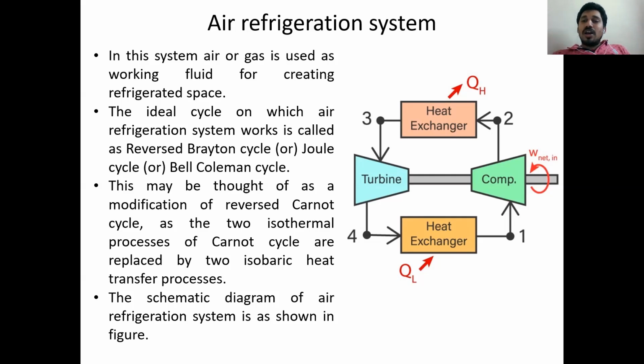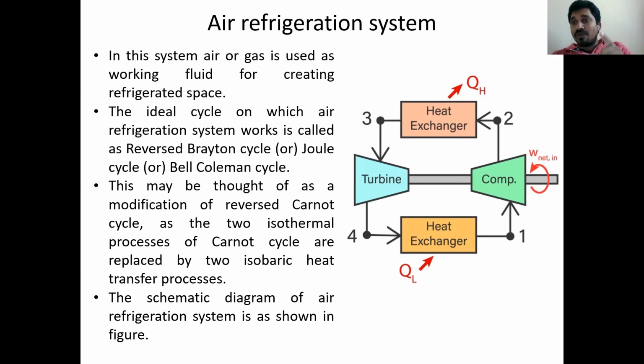Now, when we start with point 1, inside the circuit, I have working fluid as air. Now, air is entering into the compressor. Let us assume air enters into the compressor. A compressor is a device which is used to pressurize the working fluid by taking some amount of input energy. So automatically air pressure increases. Along with pressure, temperature automatically increases. But here you should remember that the process followed in the compressor is isentropic.